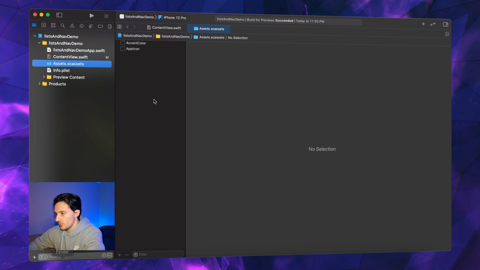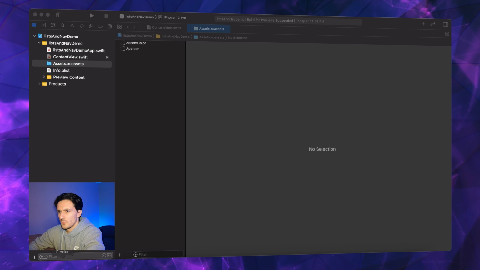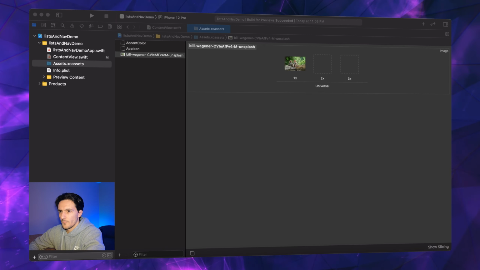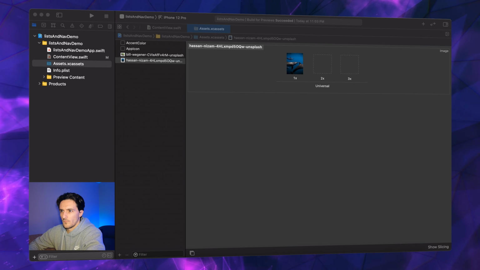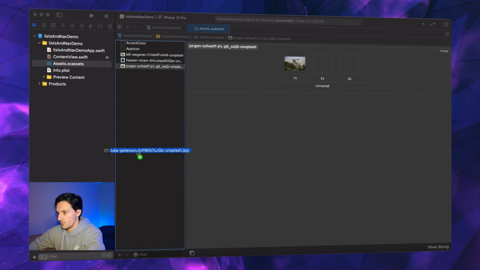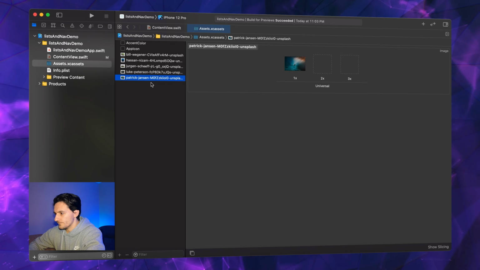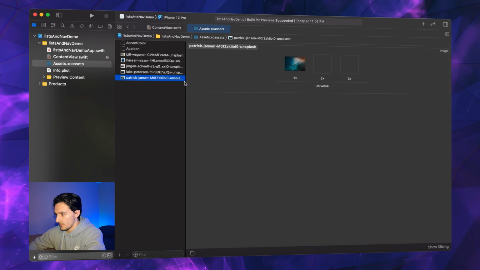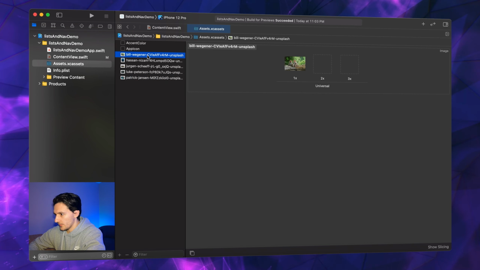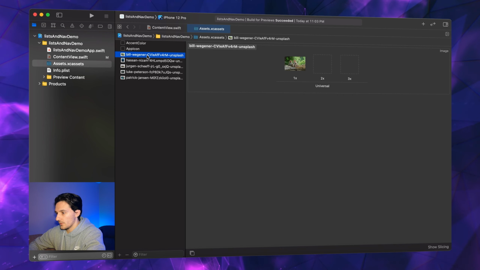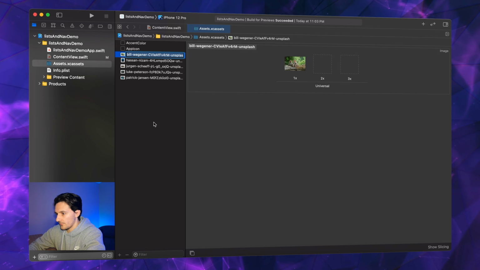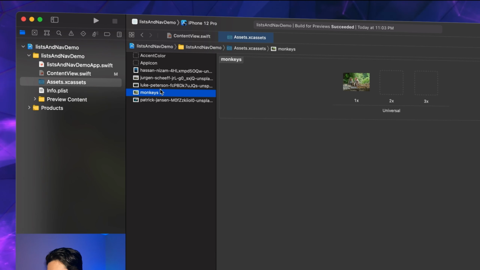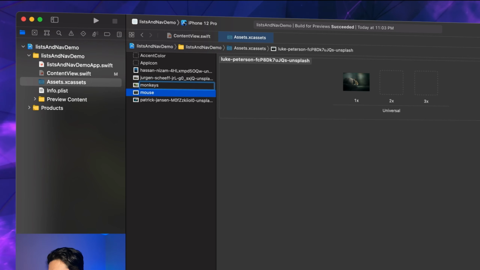Okay. Now we're gonna go to our assets. Now go find your 5 images that you just saved and drag those into your assets folder. So now what you wanna do, once your images are in here, unless you got incredibly lucky, they are probably named something crazy. So we are gonna need to remember these names, and we don't wanna have to jump back and forth. So I'm gonna call this one monkeys. I'm gonna call this one mouse,